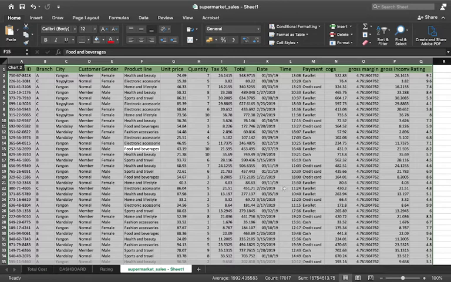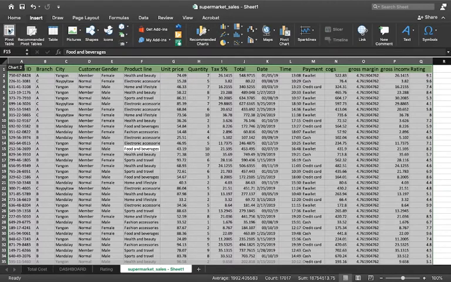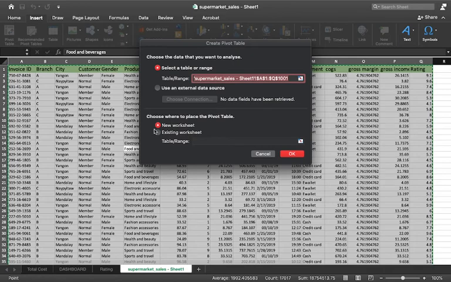Okay, so I'll just repeat the question. It says which cities prefer online payment mode, and then what was the gross income on that. So I need to find out that according to the payment mode, what was the gross income of a particular product upon that.